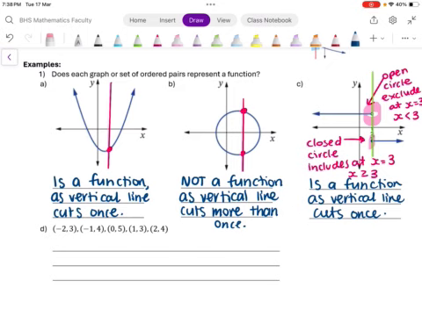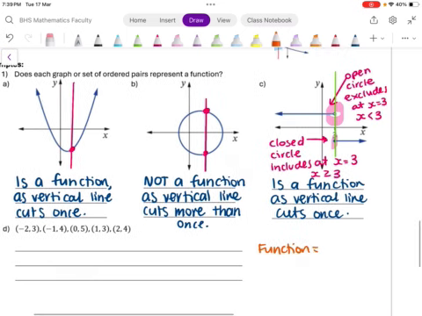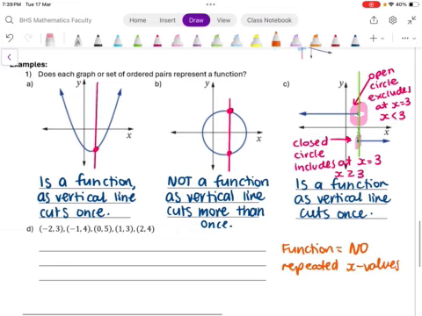Okay, our last one is a set of points. For this set of points or ordered pairs to be a function, we want that for each x value, there's only one y value. So we want no repeats in our x values. So function equals no repeated x values when we have a set of ordered points. For our points, we have (-2, 3), (-1, 4), (0, 5), (1, 3), (2, 4). So there is no repeated x value. This means that it is a function,